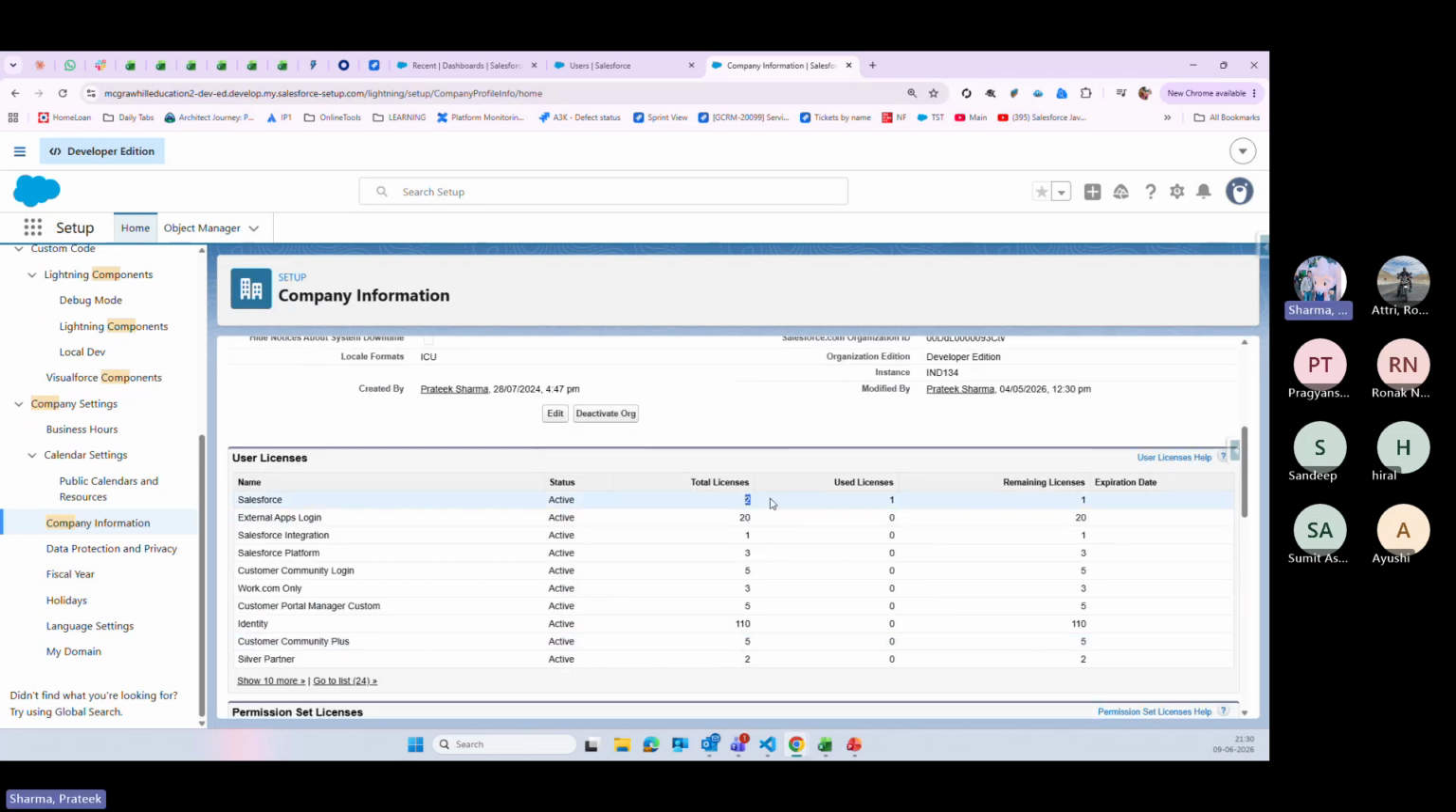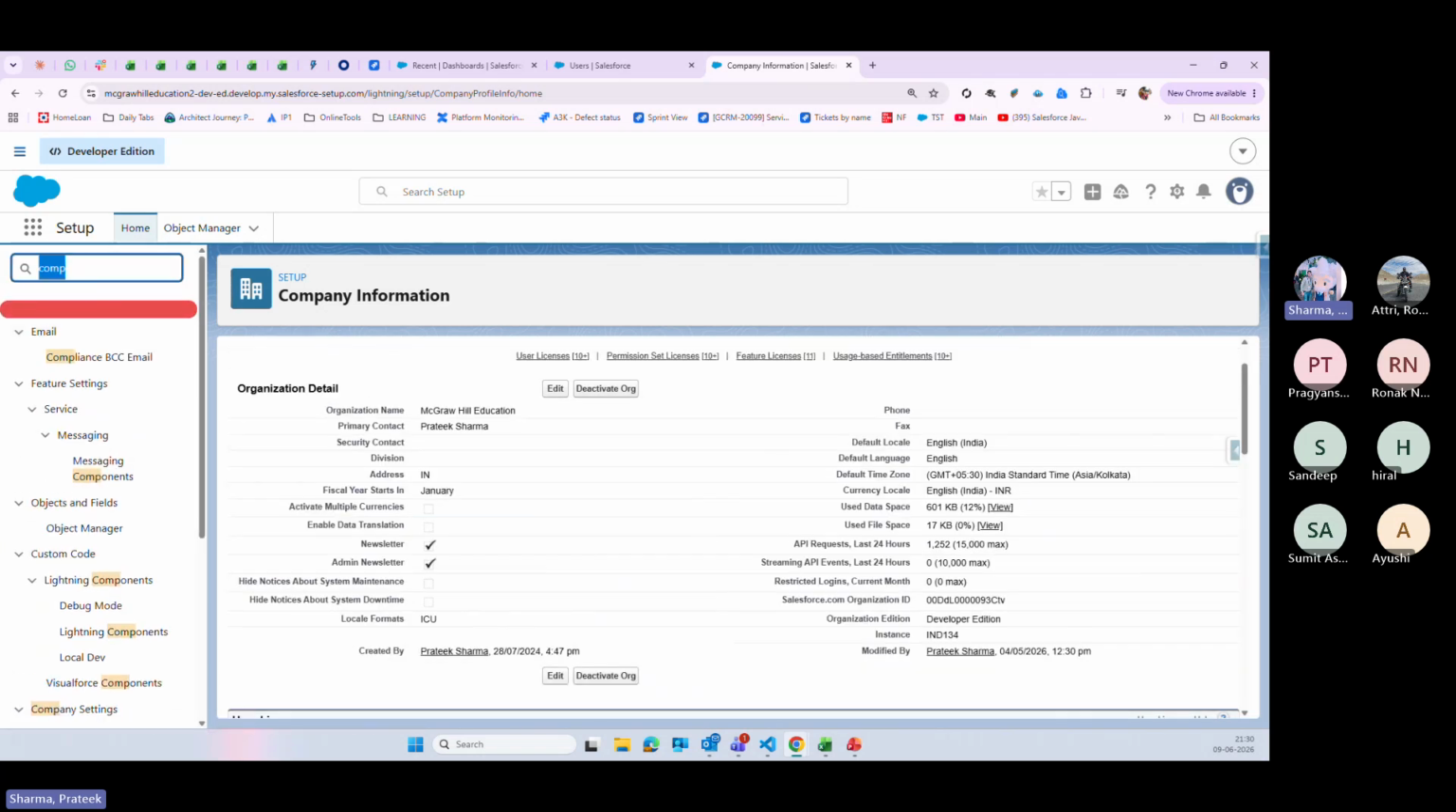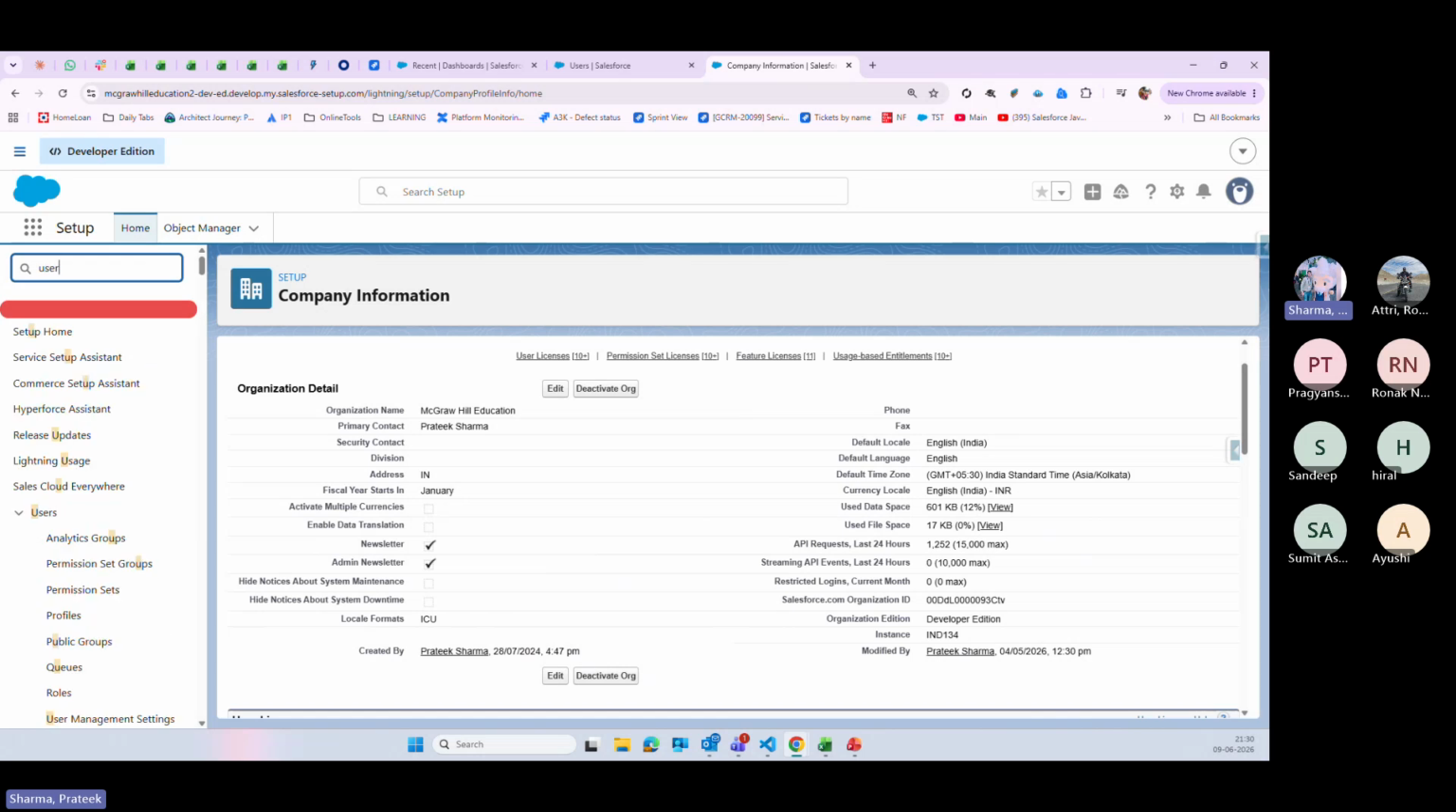You will see now total licenses is one user license and remaining license is one. As soon as we deactivated the user, one user license is freed up. So you can use this license to create a new user, to demonstrate how we can create. If you go to user, and if you